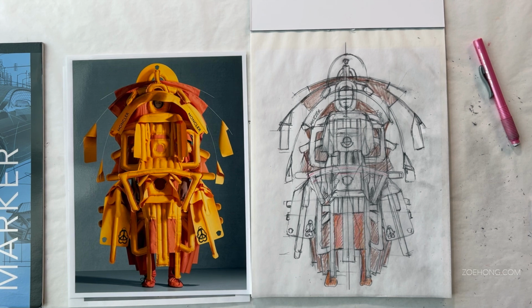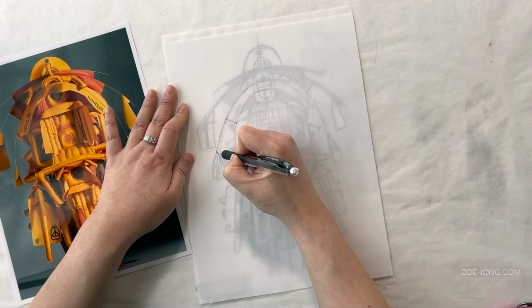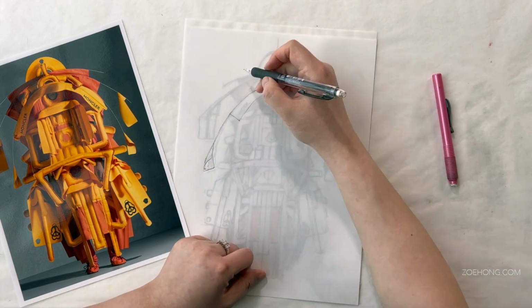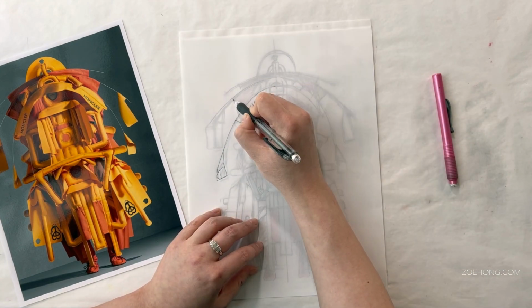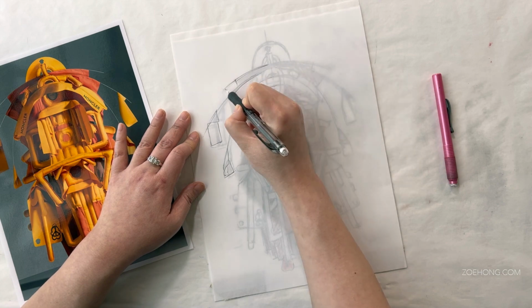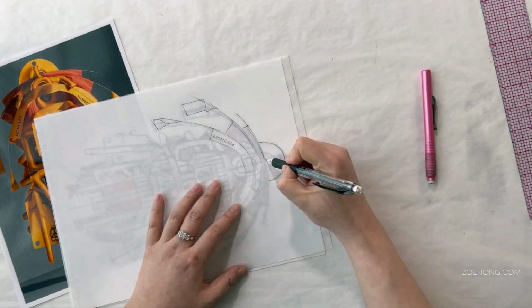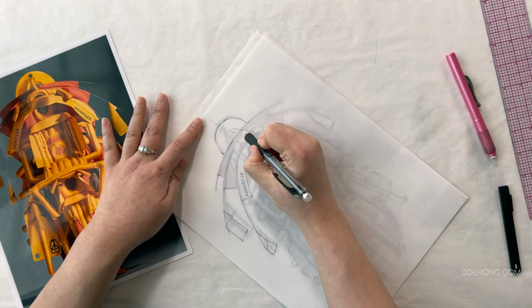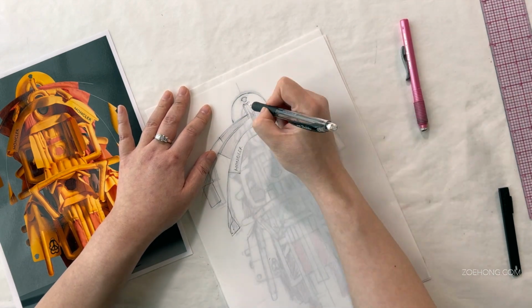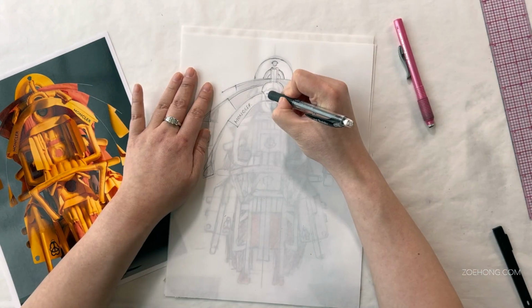Fine. Fine. BRB. So, a few things about tracing onto paper your final sketch in general, whether it's on marker paper or it's on watercolor paper using a light box. First of all, I am using a harder lead so that it's less soft, dark, smudgy, and tends to be crisper. I definitely use a 0.5 or a 0.3 when I can for this kind of precision work, whereas I might use a 0.7 or a 0.5 softer B2 lead for more sketching stuff. But for precision work like this, more precise,